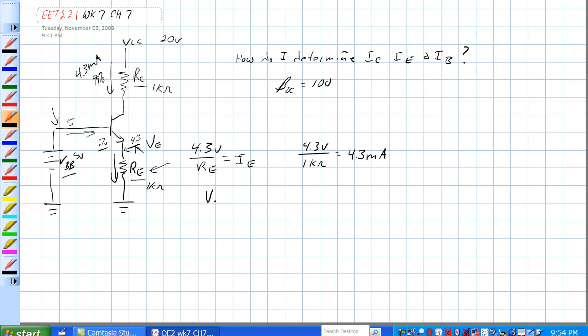How do we find VCE? In order to do this, we need to find the value of the collector voltage. VC is equal to VCC minus IC RC, and that's equal to 20 volts minus